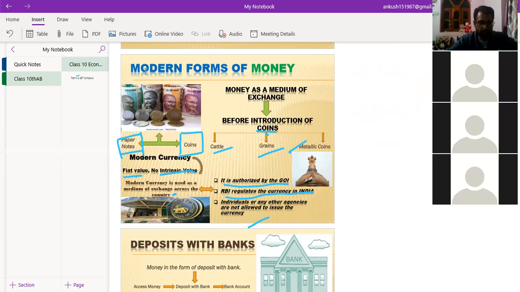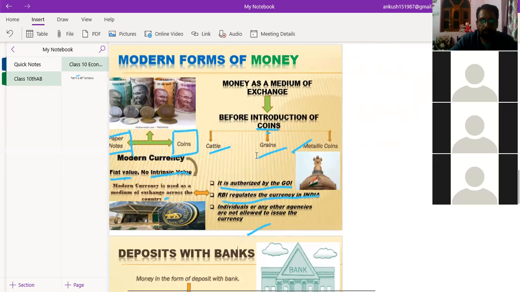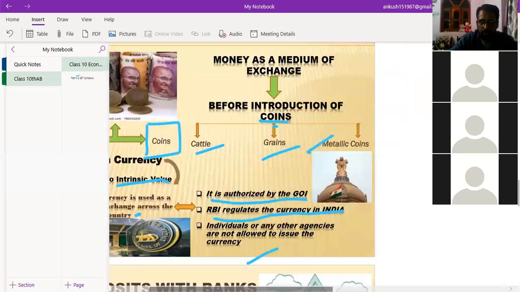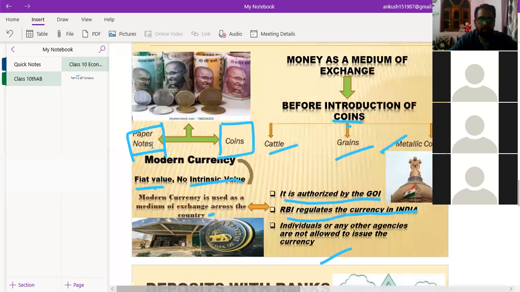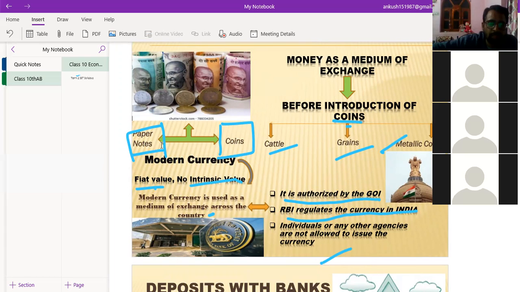I will explain this in a proper way. Whatever is written, let us consider this. Nowadays we use paper notes, the notes we have, of rupees 500, 10 rupees, 200 and 2000 rupees. There was a demonetization. In which year? Do you know? On the 8th of November 2018, the demonetization happened, and all the old notes were banned from use by the Indian government.